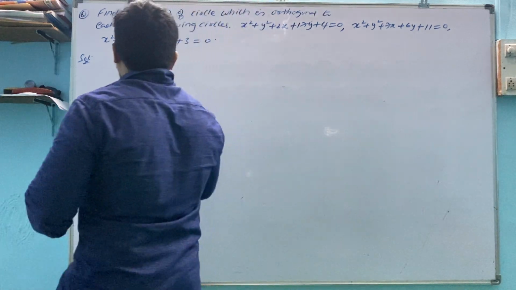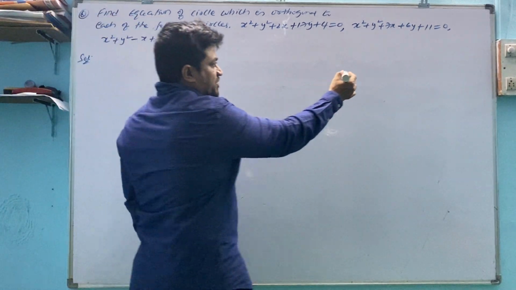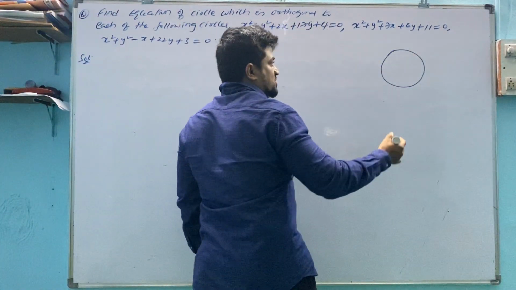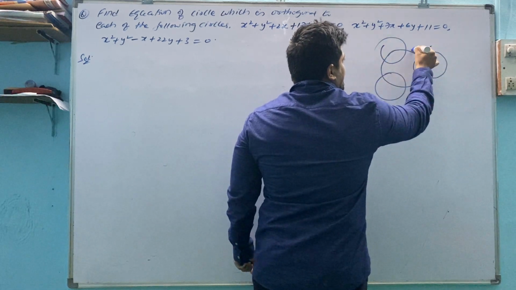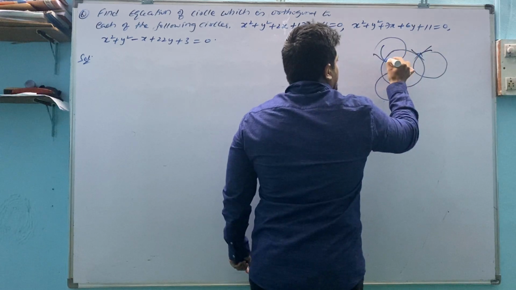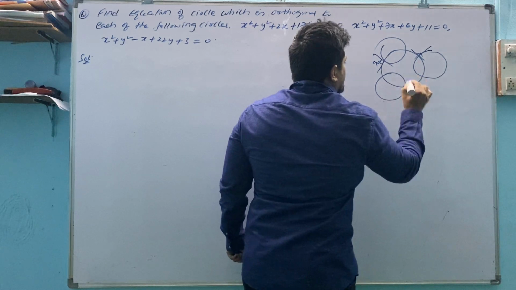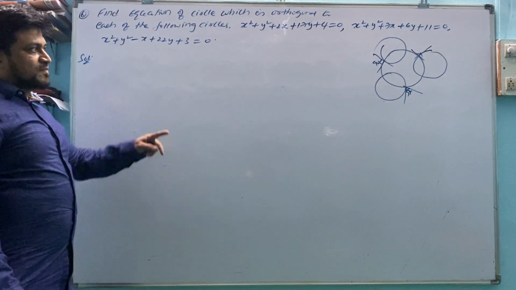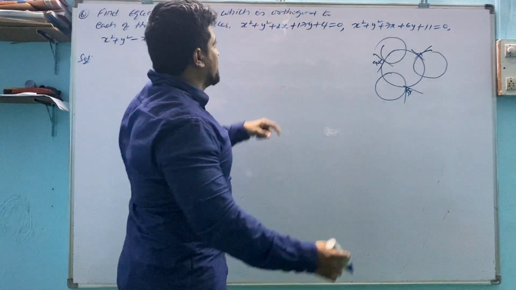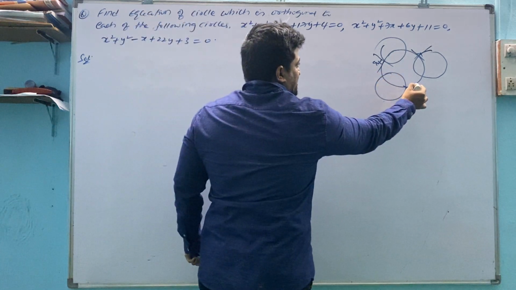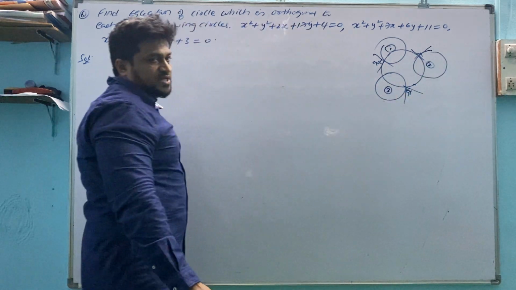Most important one. Find the equation of the circle which is orthogonal to each of the following circles. We need to find the equation of this circle which is orthogonal to one circle, second circle and third circle. Means it makes 90 degrees with this circle, 90 degrees with this circle, here also 90 degrees. So what we have? The angle made by the three circles with the given circle is 90. Find the equation of the circle which is orthogonal to all three. This circle we need to find, which is orthogonal to the first one, the second one, the third one. This is the case given to us.